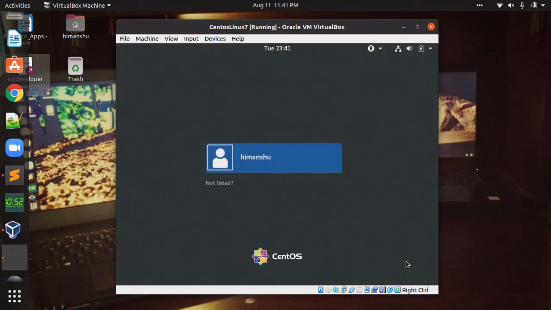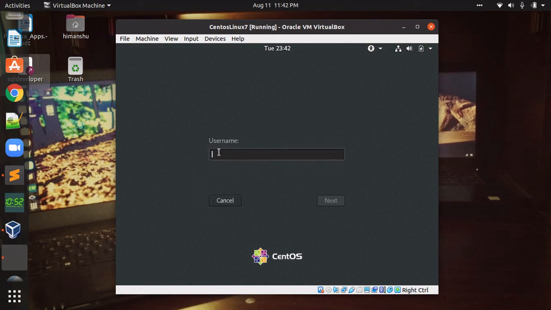Now you can see the user Himanshu, that was given at the time of installation. In case you want to log in via the root user, which is the super user in any Linux system, you have to click on not listed and enter the root username.